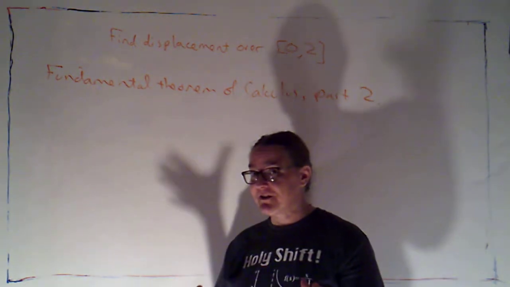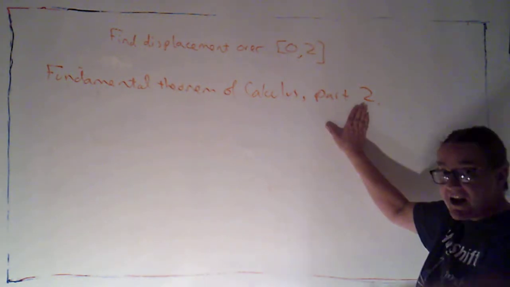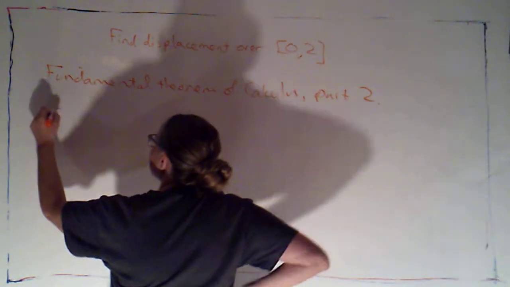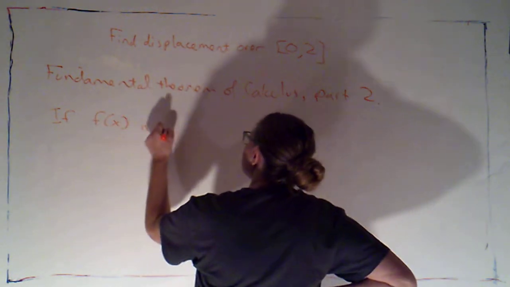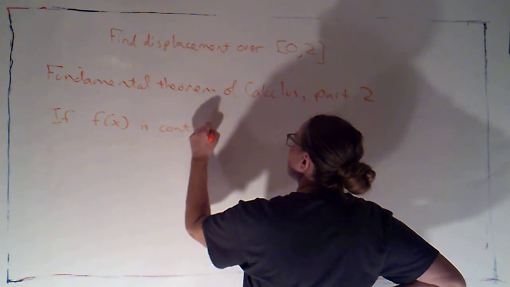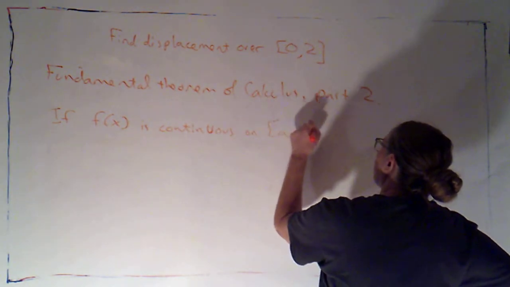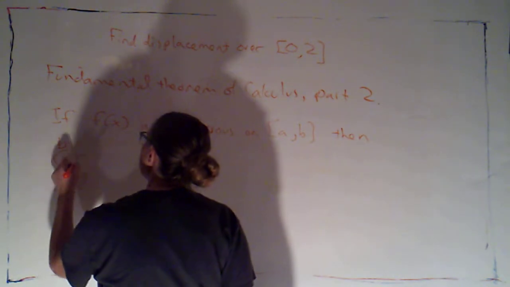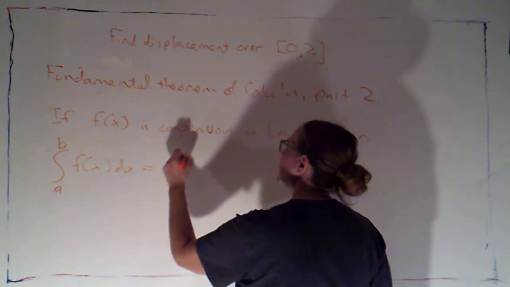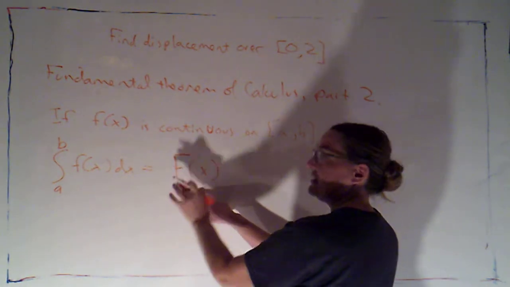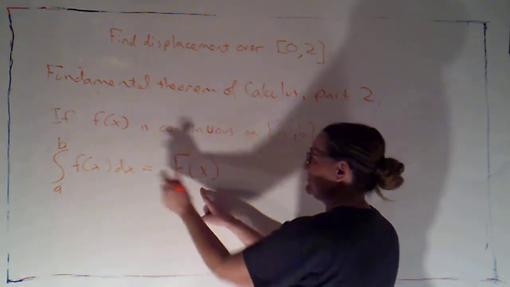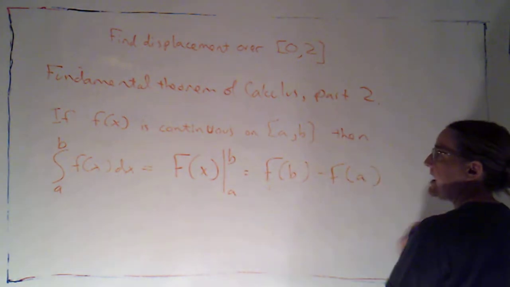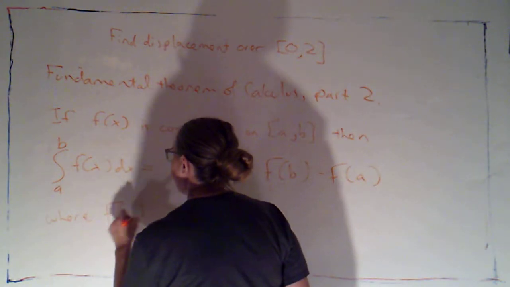Now again, the numbering of the two parts varies. Some textbooks will say this is part 1, and the part that we've already covered is part 2. Our textbook calls this part 2, and the other part is part 1. It says this: if f of x is continuous on the interval from a to b, then the definite integral from a to b of f of x dx is just capital F of x, to be defined in a moment as an antiderivative of little f, evaluated from b to a. Again, that just means F of b minus F of a, where big F of x is